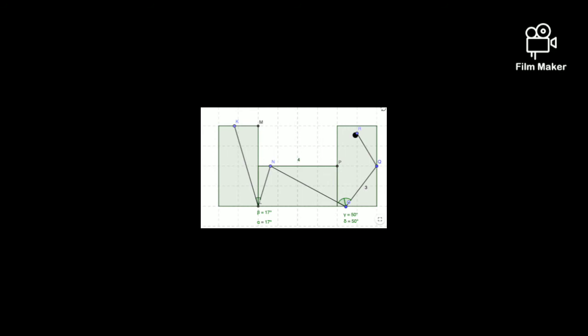To do this, I chose my function, which was cosine. And to set that up, we do cosine of our theta, which is 17, equals 4, which is the value of our adjacent, over x, which is the value of our hypotenuse, which we don't know yet. And then from there, we type cosine of 17 into our calculator, and then in decimals, we get 0.96 equals